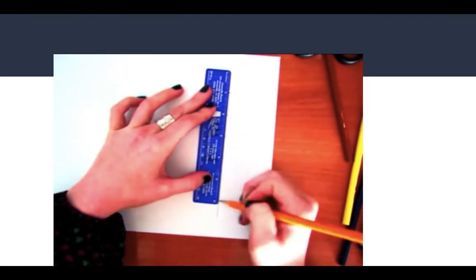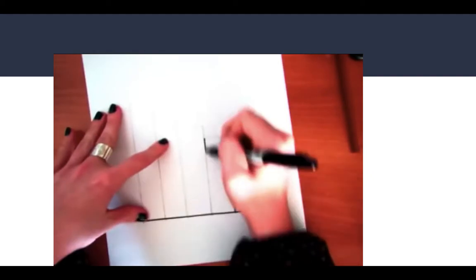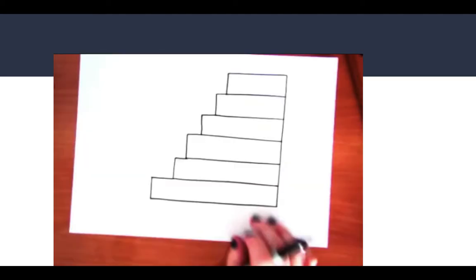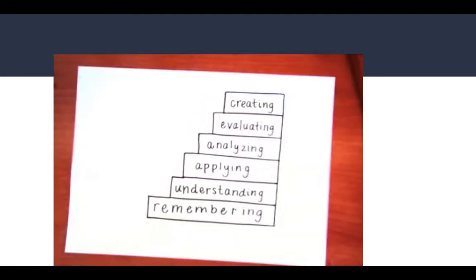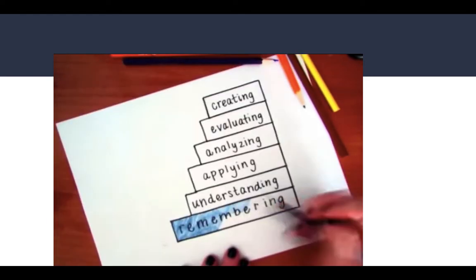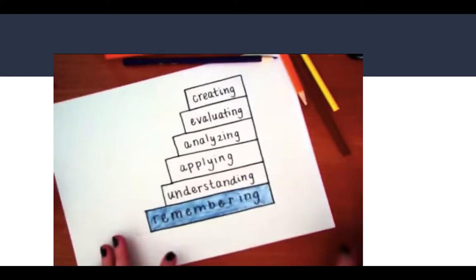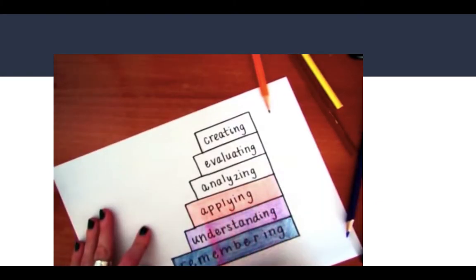This is a picture of the revised version of Bloom's taxonomy. Or maybe I should say that this is a picture of my version of the revised version of Bloom's taxonomy. I've seen a few 3D examples that push teachers to develop objectives that incorporate even higher, more complex levels of thinking. But I personally like to think of Bloom's as more of a staircase. Students are climbing the staircase to the top, which is representative of either standard mastery or course completion or whatever else you want it to be.